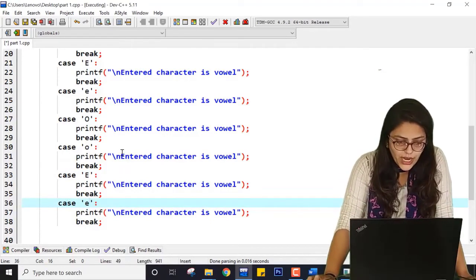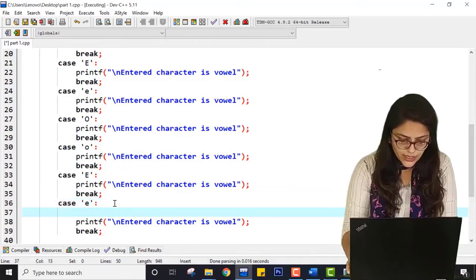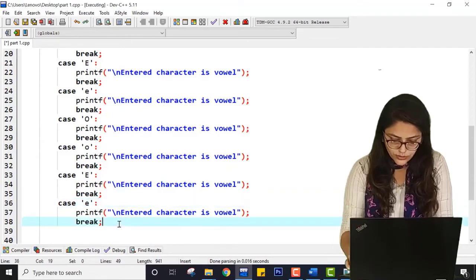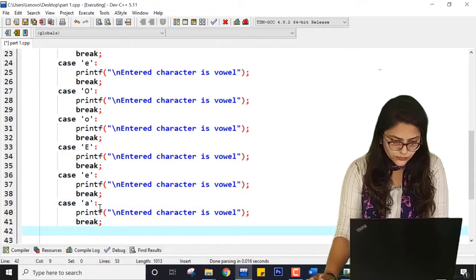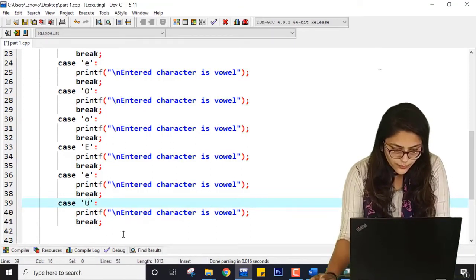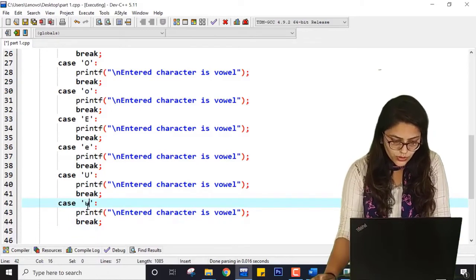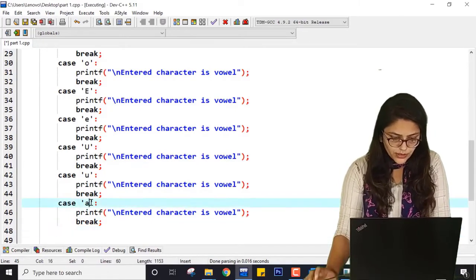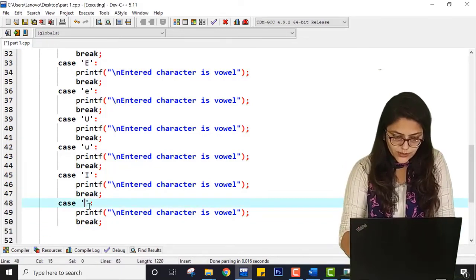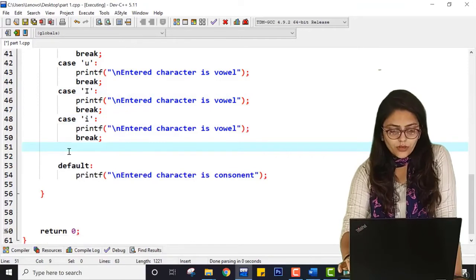So A, E, I, O and U. U and I are remaining, so here it will be U, here small u, here I, and here small i. So let me save this program.